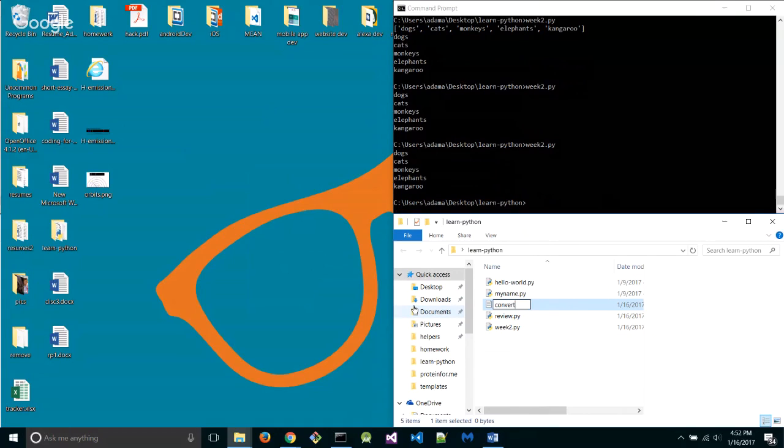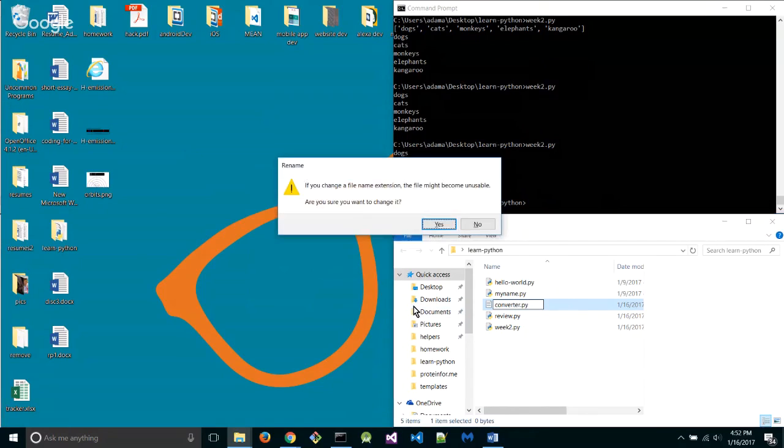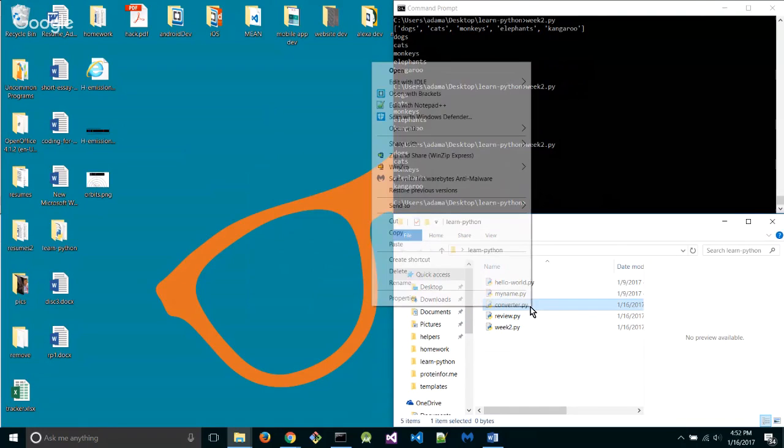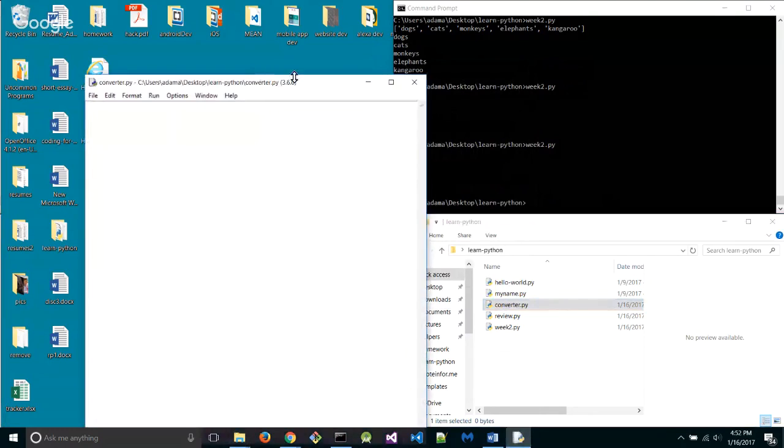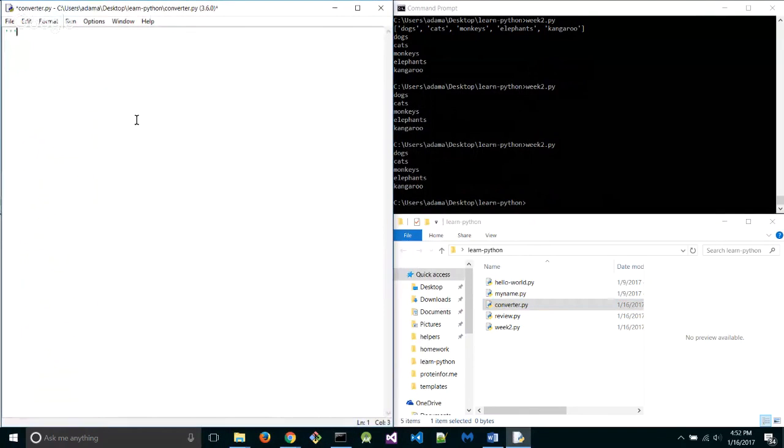I'm going to call it converter. All right, converter.py. Again, right click, edit with IDLE. Converter program. Convert between different units of measurement. So in the first example, we're going to create a program that allows us to convert between Fahrenheit and